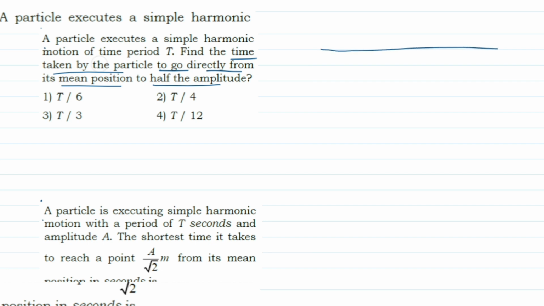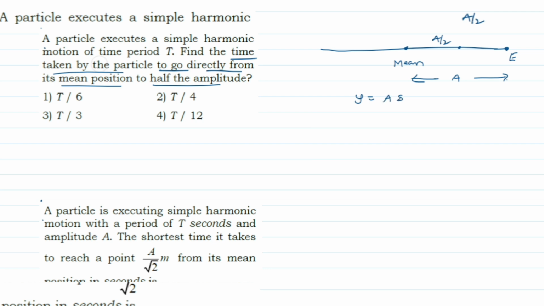Here this is the mean position, and here this is the extreme position. From the mean to the extreme position, the amplitude will be A. Here they are asking about half of the amplitude, the time taken to move to half of the amplitude. The basic formula: when it starts at the mean position and moves towards the right extreme position,